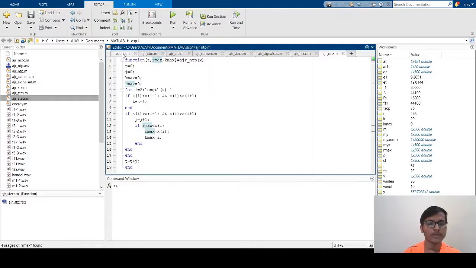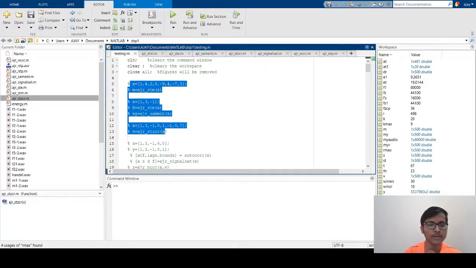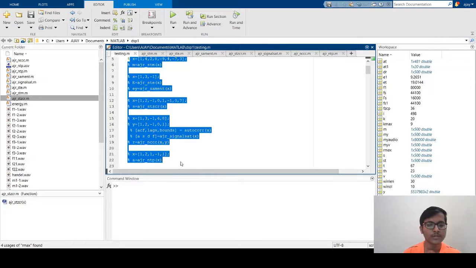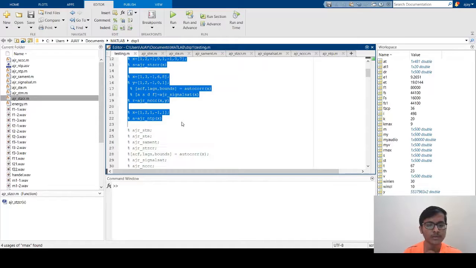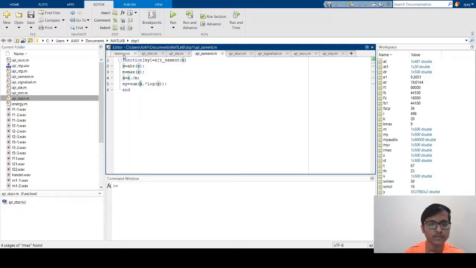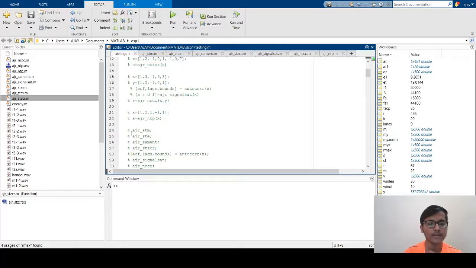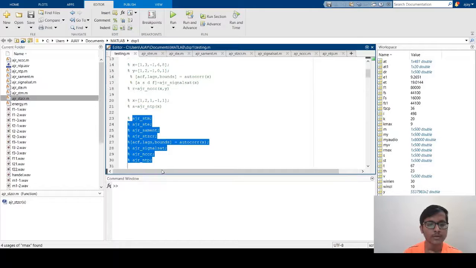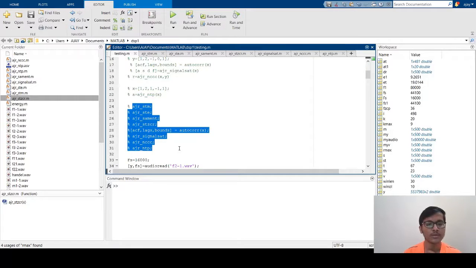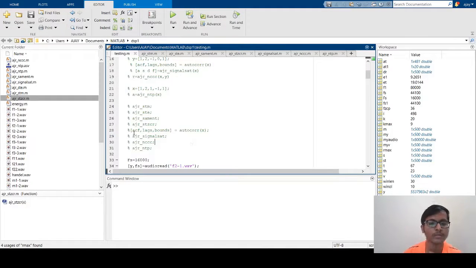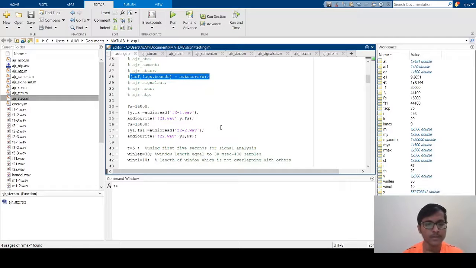Next, our main code. Here this is all for testing the functions. To test the functions, I have written this code, to check whether it is correct or not for this sample for this magnitude, energy, entropy. I have written here some sample codes, and then these are our total functions which I am using in this code. Here for autocorrelation, I am using the inbuilt autocorrelation function, so I didn't write any autocorrelation function separately.